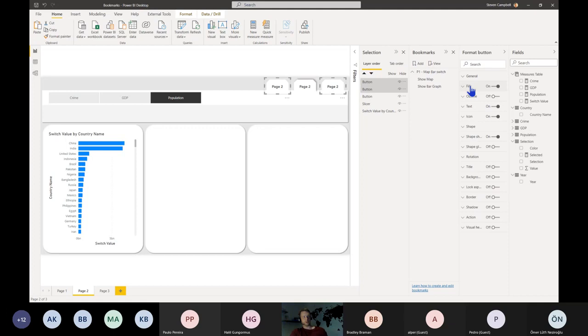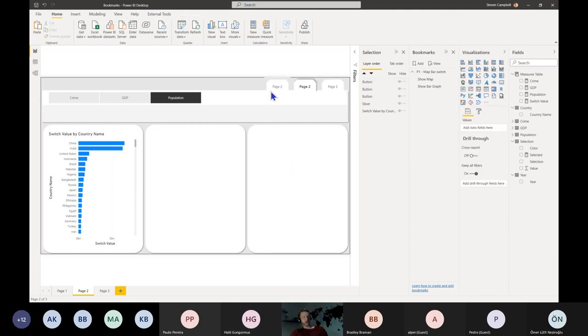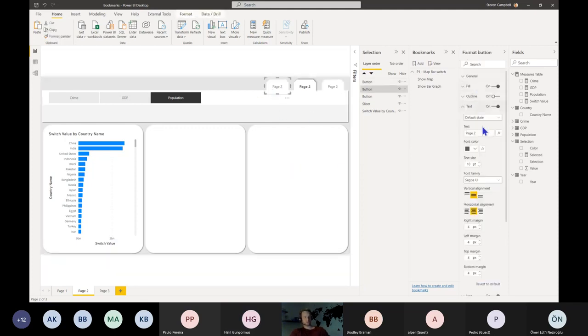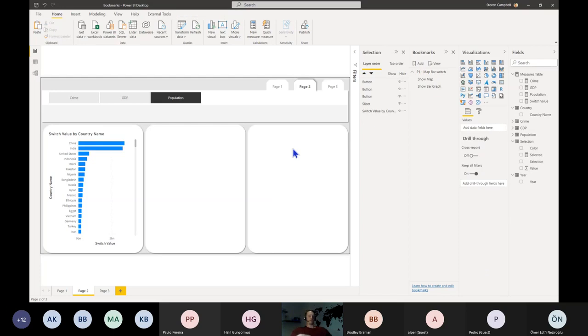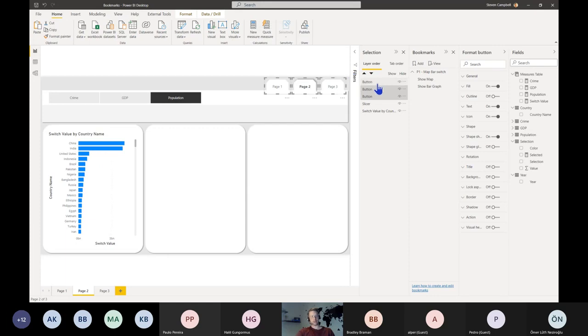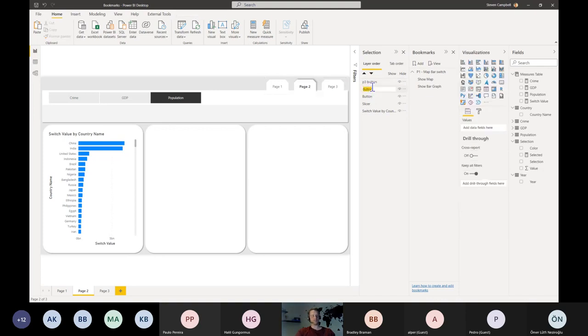And then I'm going to change the text just to normal, and maybe make it size. So now we can obviously see page 1. This is page 3. So now we can see that this is page 2. I think it's quite obvious that page 2 is selected. Once I do this, I can just highlight them all, and here we go. Page 3. Let's call this P3 button, right? In the interest of time, I'm not going to rename everything, but